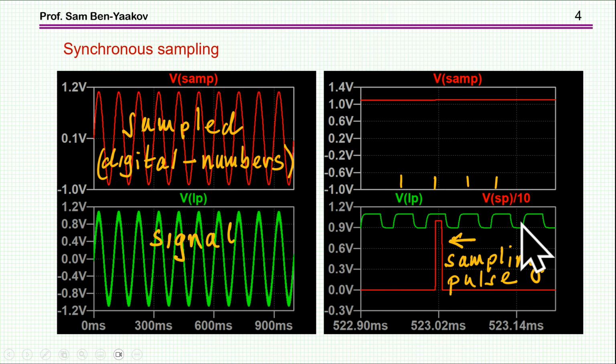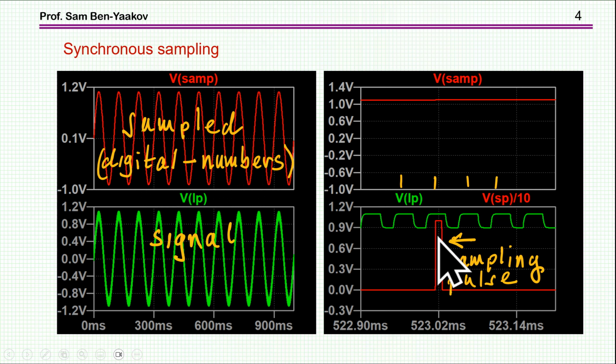And here I'm showing the case of a synchronous sampling. I have here a signal which is corrupted because you can see here the noise riding on it. This is already the voltage on the sample and hold capacitor. This is the sampled signal. Again, we are not usually interested in this signal, but rather in the numbers that we are getting as we sample this waveform. But again, just for the sake of explanation, I'm showing it. And here is an